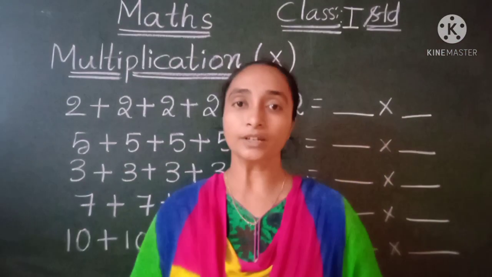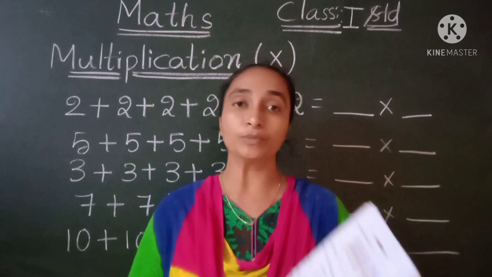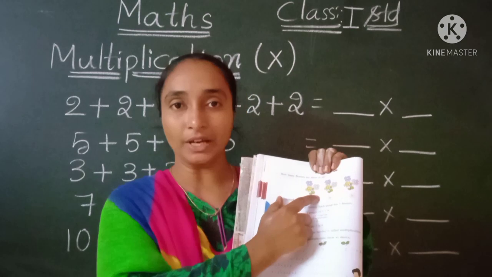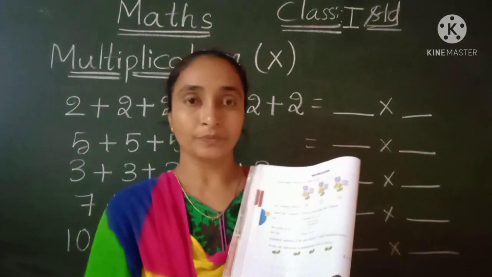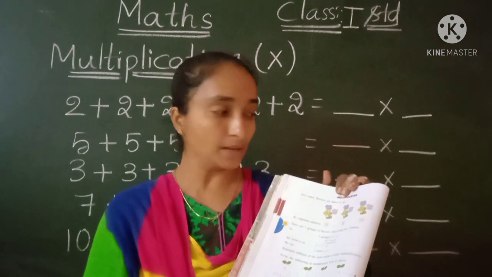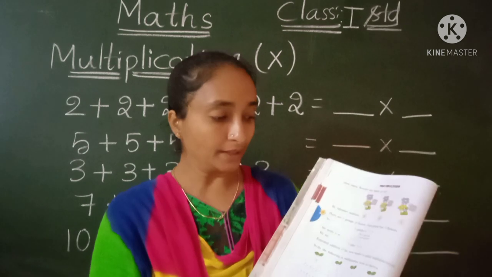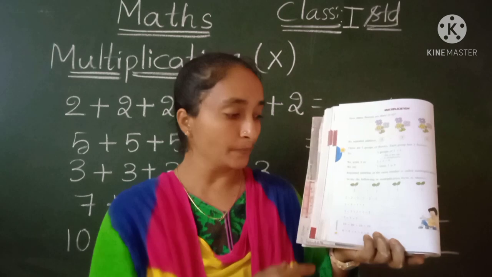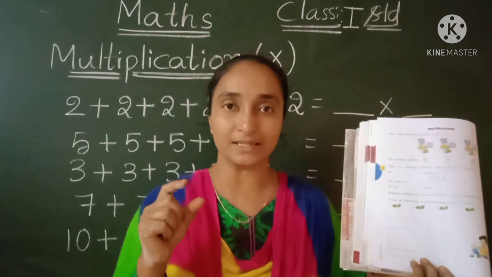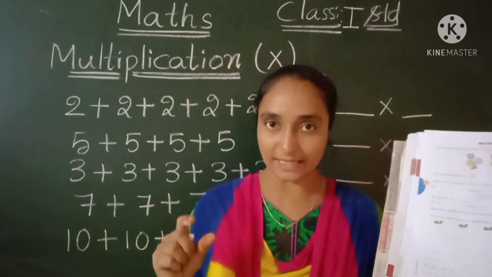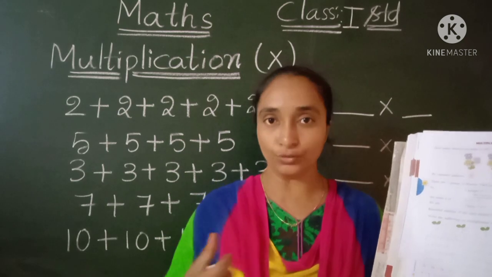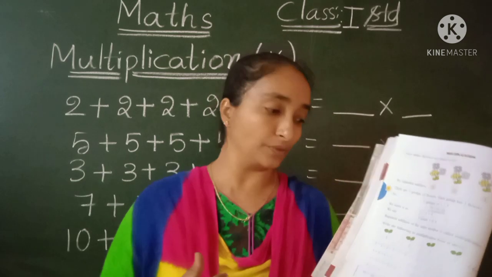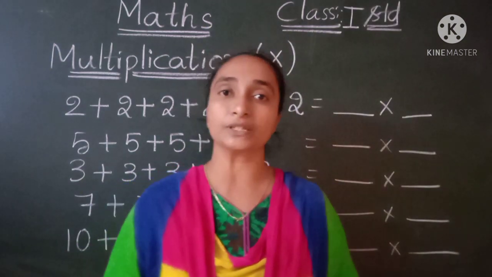So children, here in our textbook, the textbook page number 74, we have completed the example. What is the example here? With the flowers. For example, we have completed, children, and then the repeated addition. So this we have completed with the leaves. And then here we have a small exercise, children. They have given some more examples for us. If you do this, then you will get an idea of how to do the multiplication with the help of repeated addition.